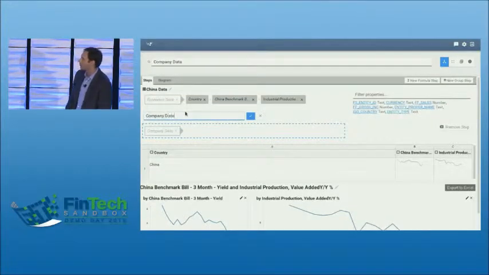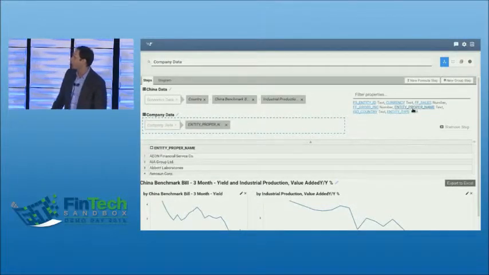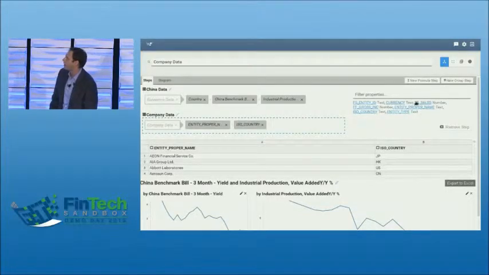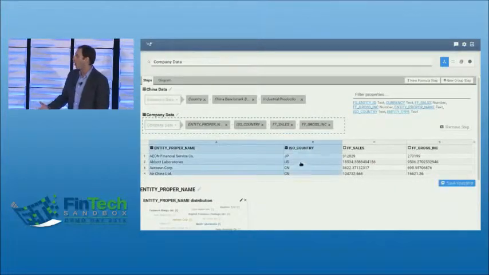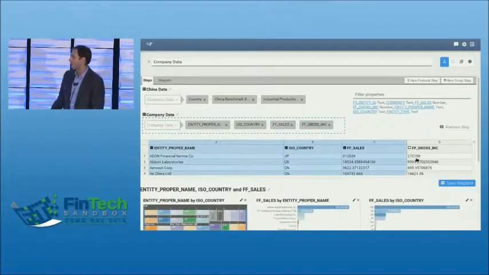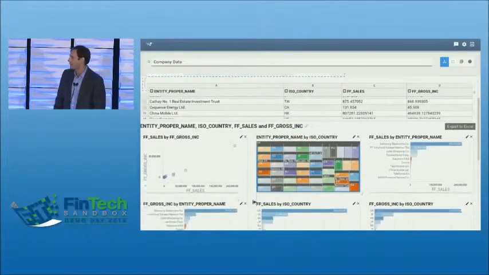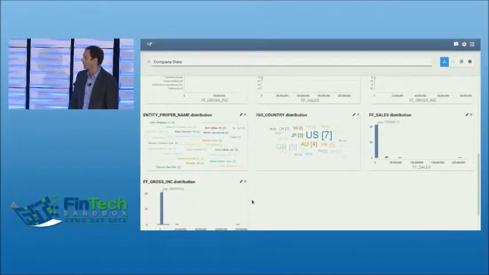And we can search for that company data and see on the right properties all related to that. So we can look at, say, the name of these companies, the countries they're from, sales, and net income. And we can then instantly, again, visualize all of the relationships that make sense to show across these different data points. And this is just one quick example of what Datavore is capable of.